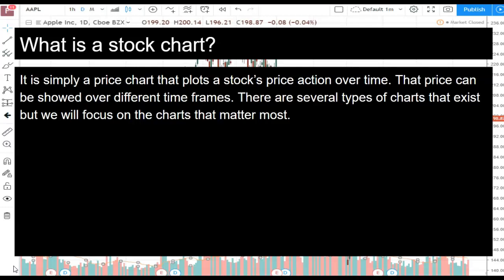What is the stock chart? Okay, it's simply a price chart that plots a stock's price action over time. Okay, that price can be shown